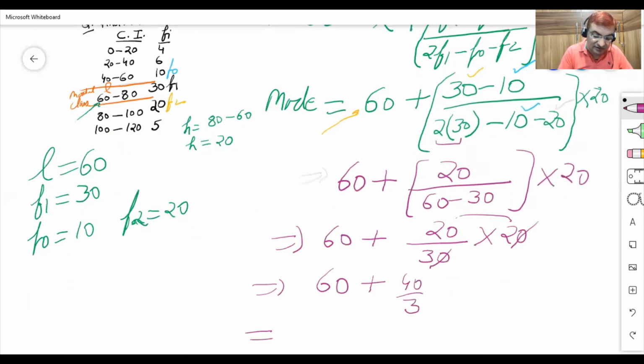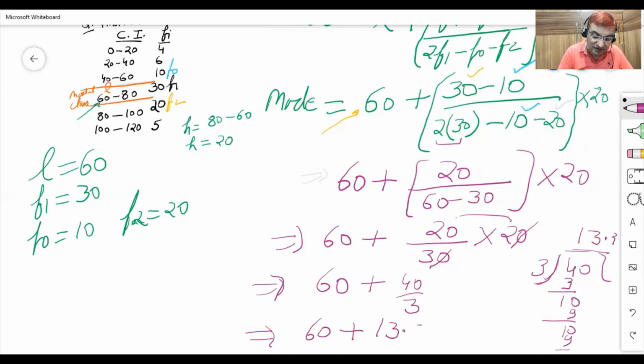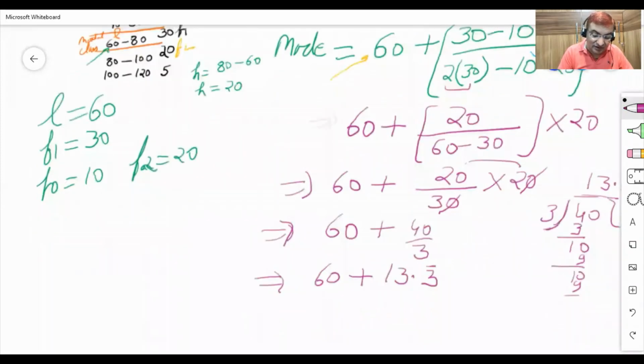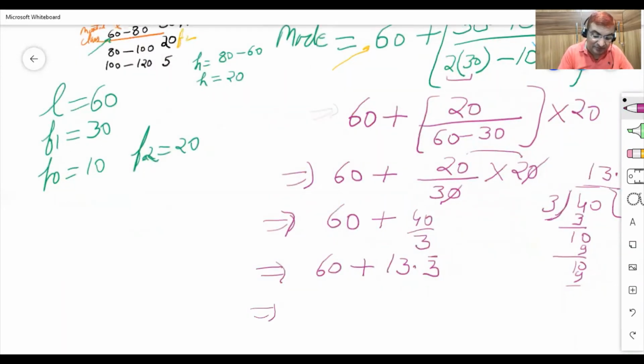Now you have two options. Either you take the LCM, and my advice is first you should do the division. Here 40 needs to be divided by 3. Just look at the right hand side. I'm dividing this 40 by 3. So what you can observe is 3 1s are 3. Then there is 1. Then 3 3s are 9. Then there is 1. Then there is decimal. And again 3 3s are 9. So the answer here after division will be 13.3333, which we can write as 13.3 bar. And finally, when you add 60 and 13.3, our answer is 73.3.